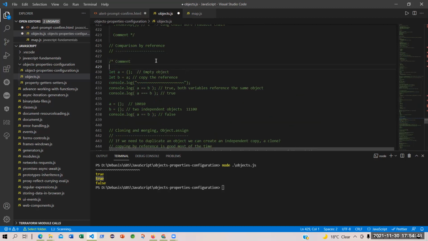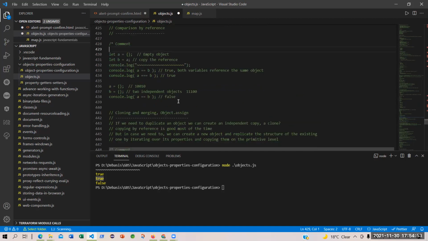Sir, if we pass some parameter to an empty object, let A equal to Z and B equal to A, then... No, then that is not an object. You are saying let A equal to Z. Z means what? Is Z some variable or a value? Some variable. But this variable Z has not been declared.